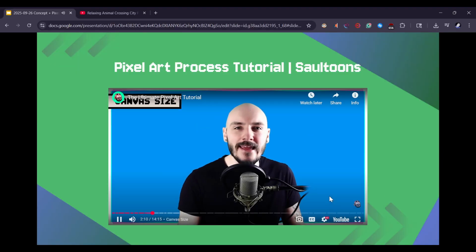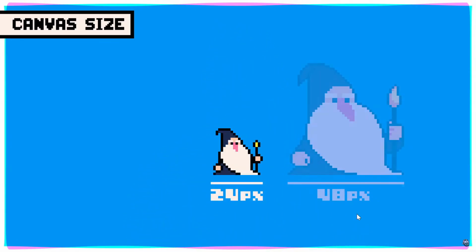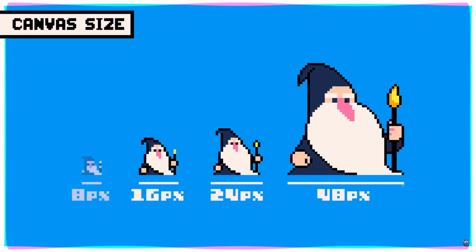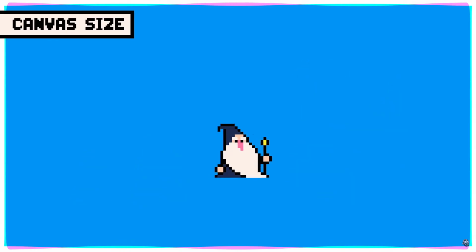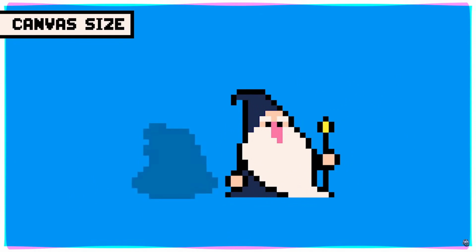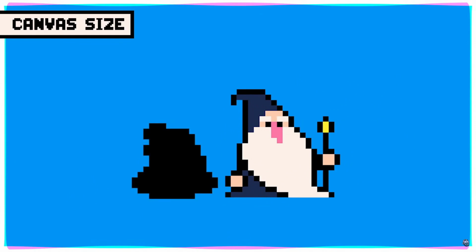Canvas size is a tricky one because it really depends on what you're trying to make, the level of detail you need, and the project you're working on. A good exercise for beginners is to try making the same thing in multiple different sizes like I did here. I probably could have gone down to the 16 pixel size here because the silhouette translates well and the style is really simple, so you don't lose a lot of detail. But this character is part of an established project where size consistency will be key to make sure things don't